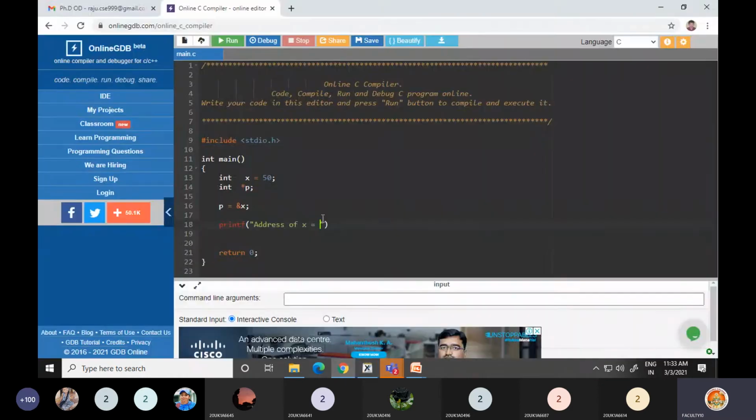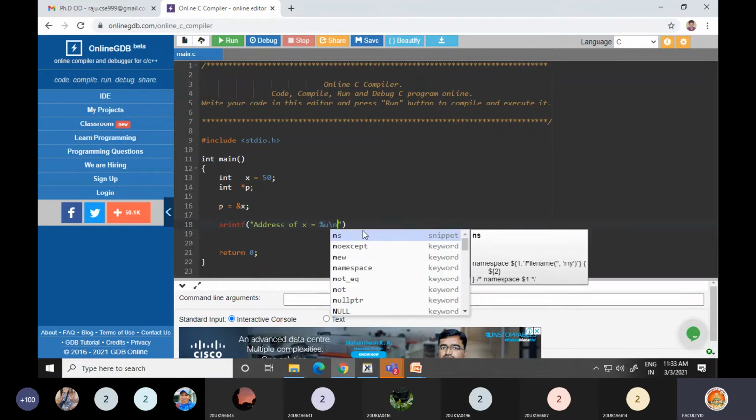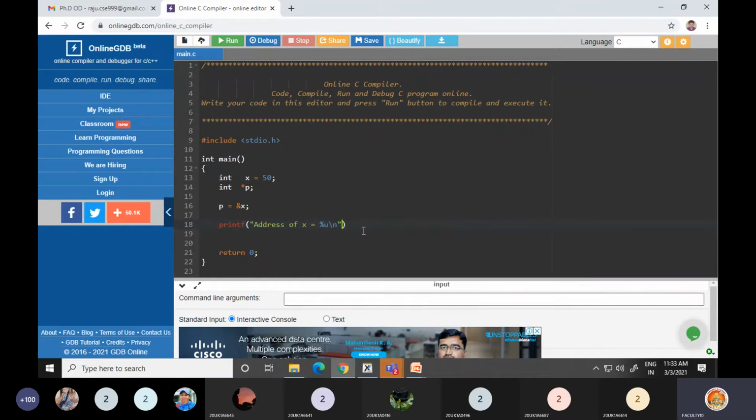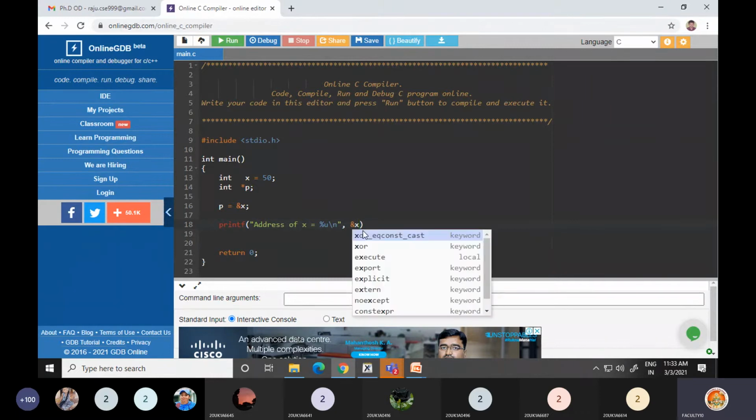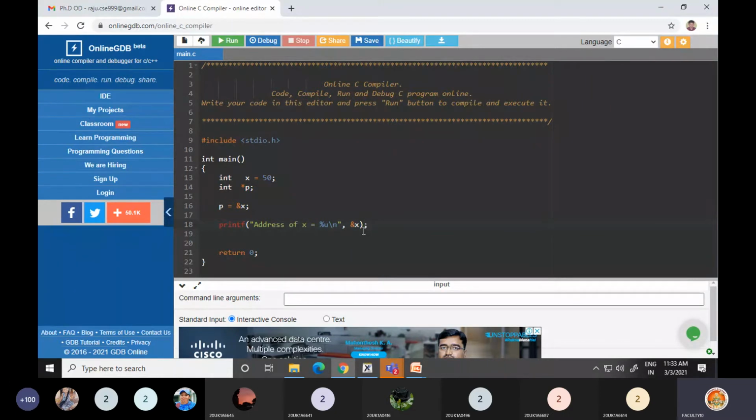This is my assumption, but in the system it may print a different value. We'll see what the value is. To print that address we use the percentage u format specifier. Percentage u, comma, and we print by using ampersand x. If you say ampersand x, this gives the address of x, and that value will be printed here.